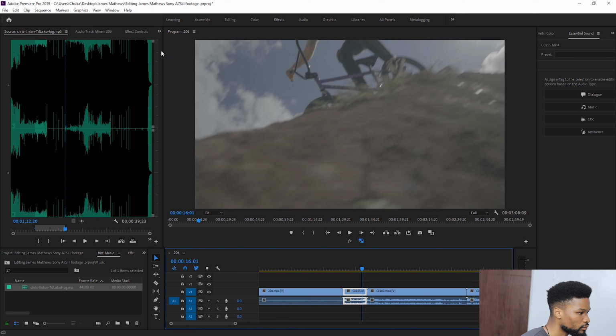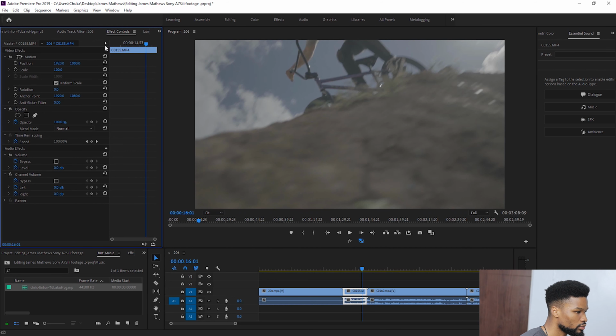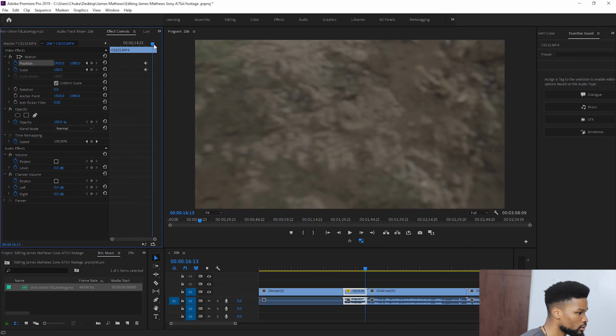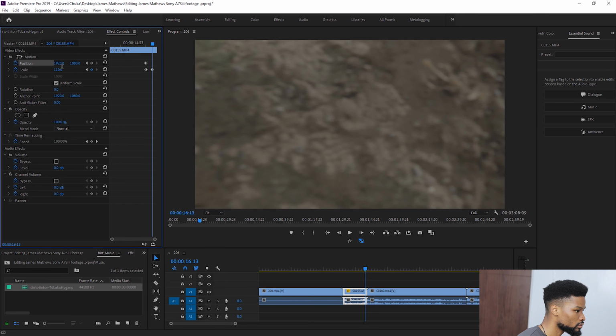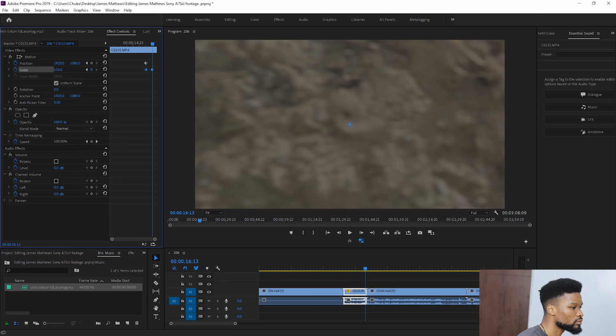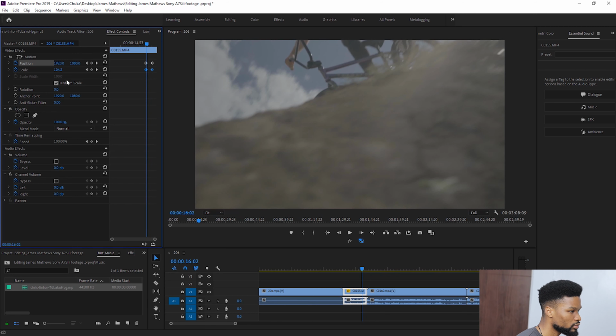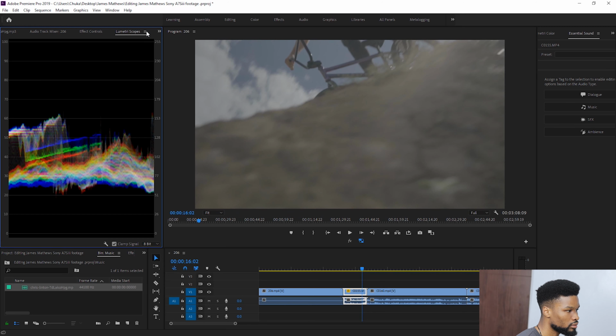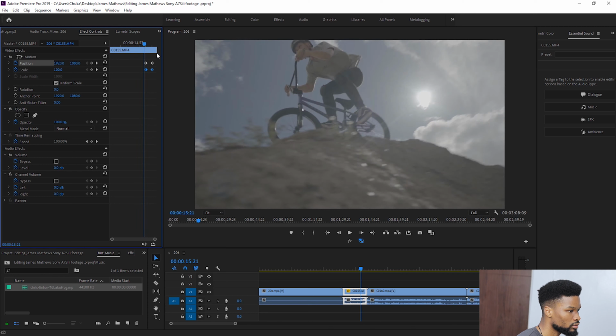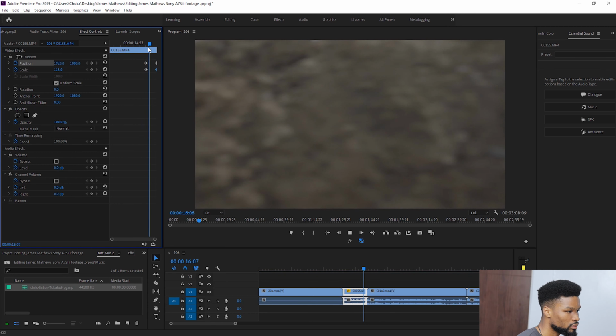Let me do some fast push in by using keyframes in the motion panel so that it fills up the screen nice and good. Keyframe, go forward to the end, scale it up to let's say 110. Nah, too little. Let's try 150. That's okay for now. Then probably color grade that endpoint later to make it darker and hopefully find another clip that starts off with a dark color also to continue the sequence from there.